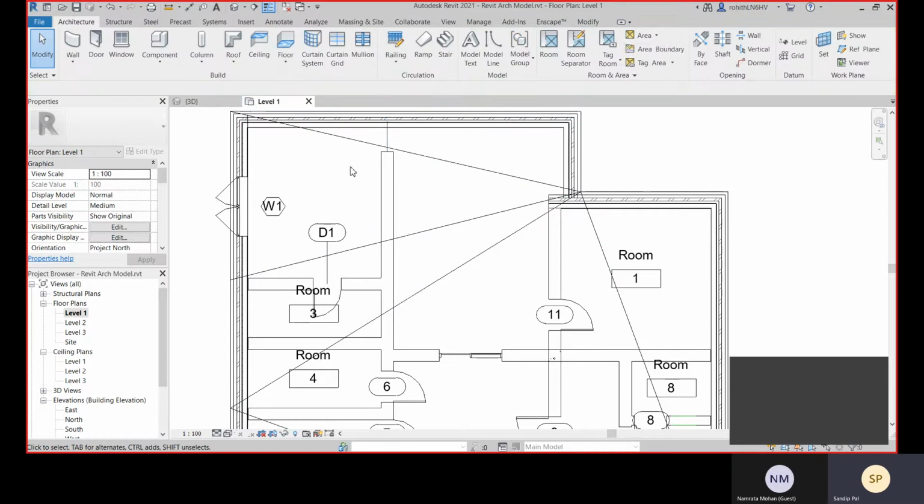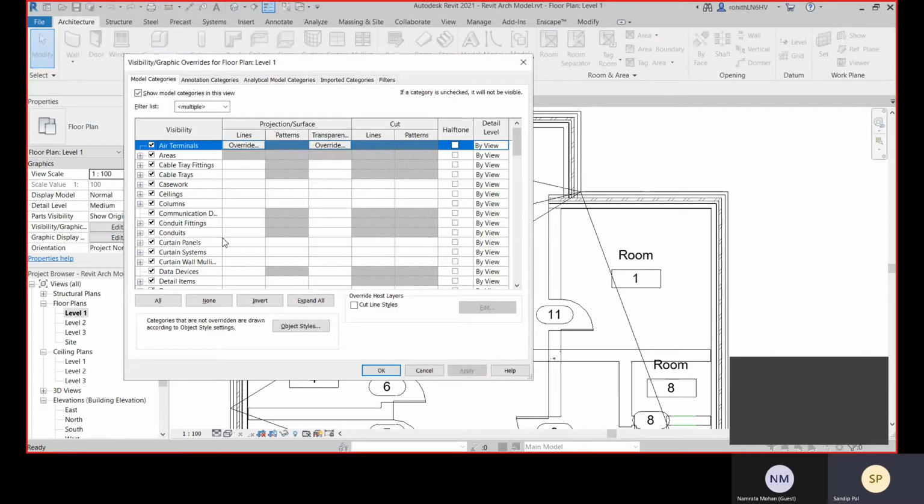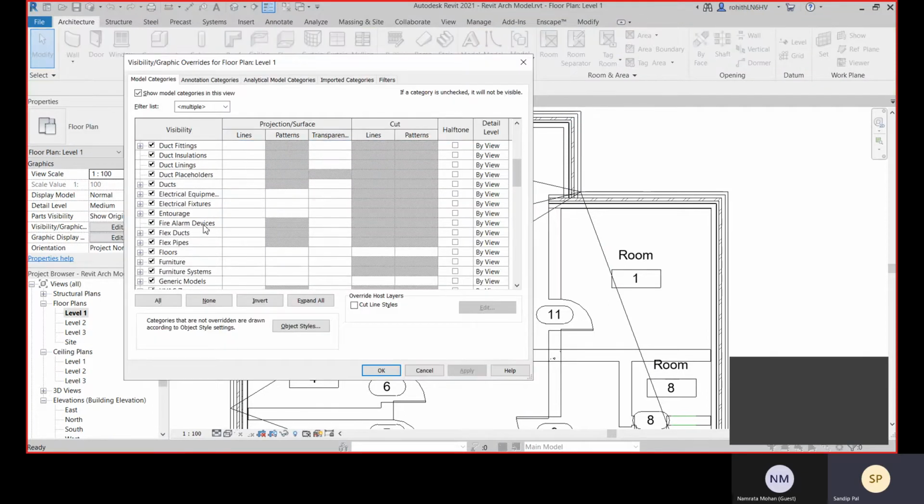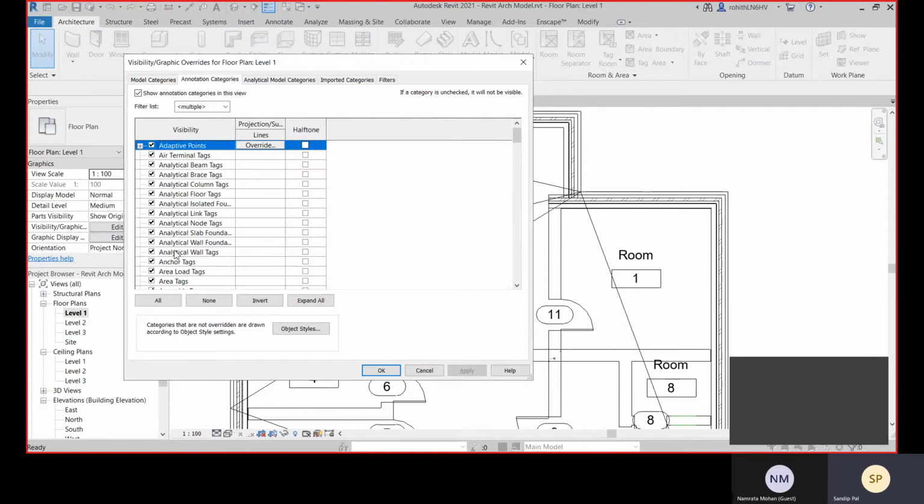Or else you can go to visibility graphics, and there you can come to annotation categories, not model categories, because this is an annotation category, and there come to room tag. Okay, yeah, so you can uncheck these room tags.